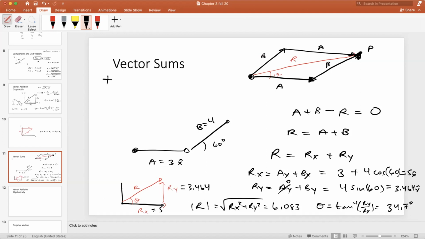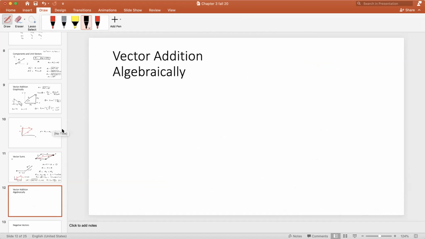This is also an example where we could pick up A and move it anywhere we want. We can pick up B and move it anywhere we want as long as we don't change its direction with respect to the origin and we don't change its magnitude, okay? We don't rotate it at all and we don't change its magnitude. Now, we've just done this next slide, which is vector addition algebraically, but I want to show you